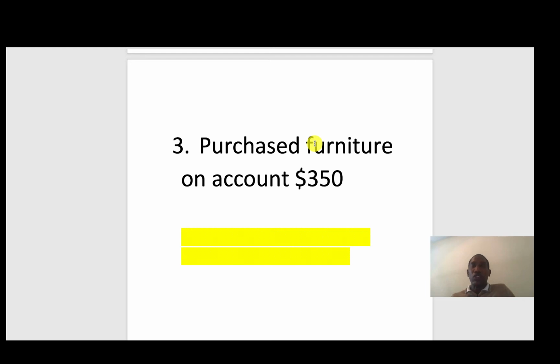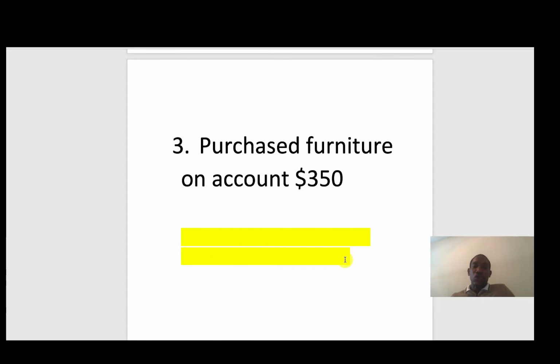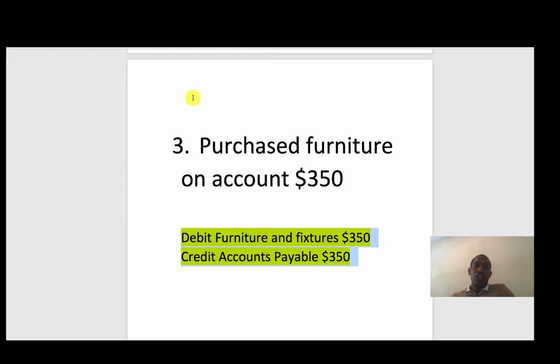So once you've figured out the exchange, the accounts, and whether each account is going up or down, now you just need to map them to the account types and then figure out the debits and credits. Furniture and fixtures is an asset account and it's going up, so we're going to debit furniture and fixtures. Accounts payable is a liability account and it's also going up, so we're going to credit accounts payable, because whenever it's a liability and we increase it, it's a credit. So our entry is debit furniture and fixtures for $350,